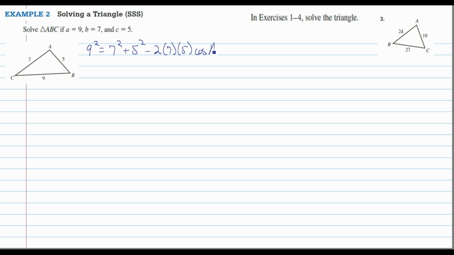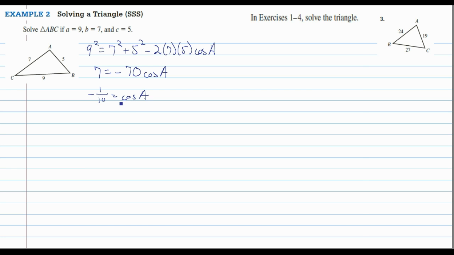angle A. So again, this is a situation where you need to watch your order of operations. 7 squared plus 5 squared, whatever 49 plus 25 is, take 9 squared, 81, subtract that, and you get 7 equals, and then 2 times 7 times 5 is 70, so I have negative 70 times the cosine of A. And then I will divide both sides by negative 70, and I get negative 1/10 equals the cosine of angle